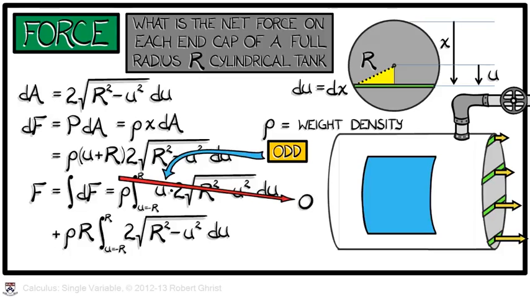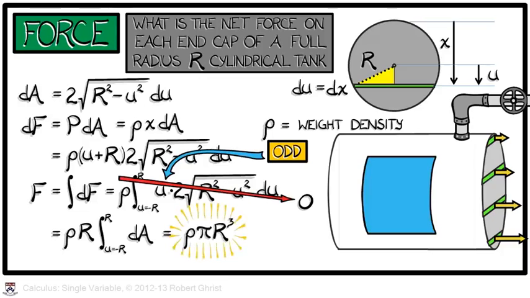Therefore, one of these integrals goes away, and we're left with the second, rho times r times the integral from negative r to r of 2 root r squared minus u squared du. That is, in fact, the area element for the disk. And so we obtain rho times r times the area, pi r squared, yielding a net force of rho pi